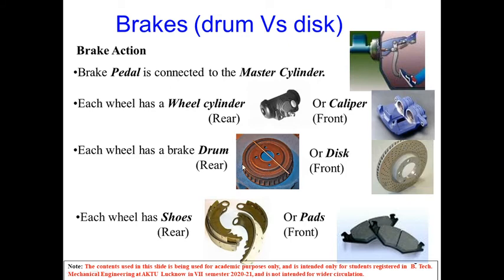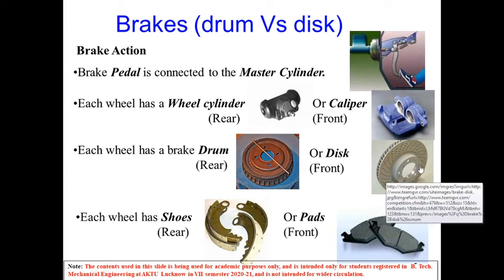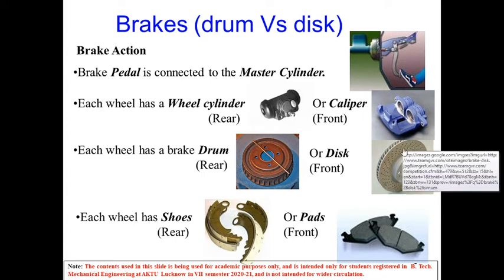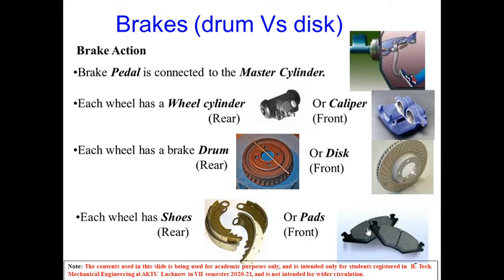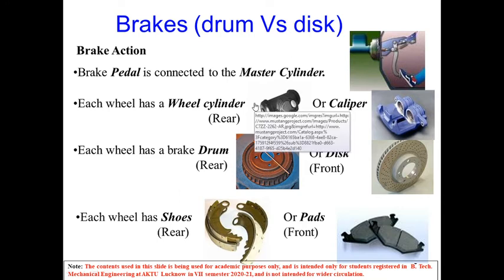The rear wheels where drum brakes are used have a drum. Inside this drum the shoes are fitted and these are actuated. In the case of disc brake we have a disc over which the caliper is fitted, and the shoes or pads are like this. I have mentioned front here because in some cases we need better brake efficiency on the front side. So in front wheels we may encounter the disc brake, and in rear wheels we may use the drum brakes.